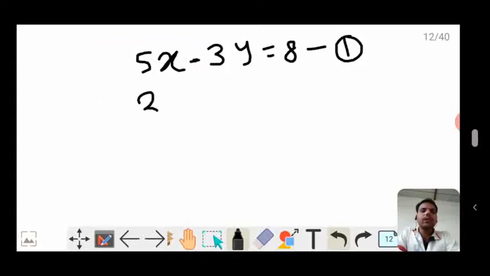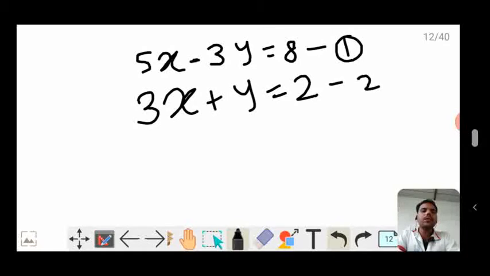So in the first method, the method of elimination, what we do is we look at both the variables